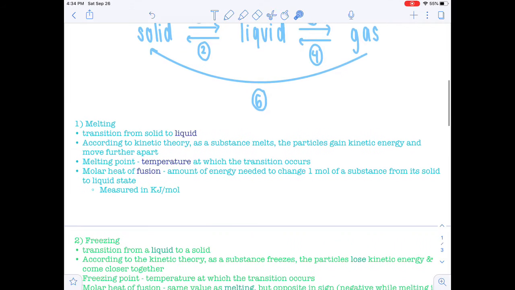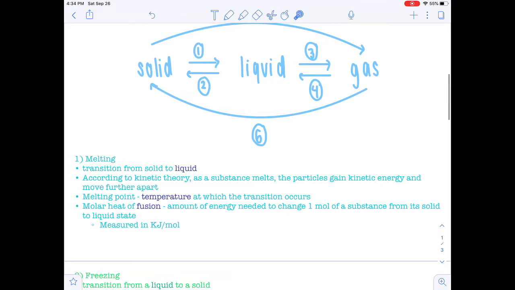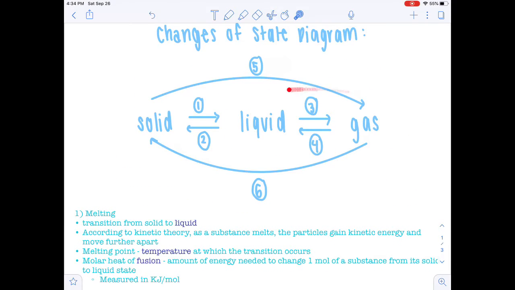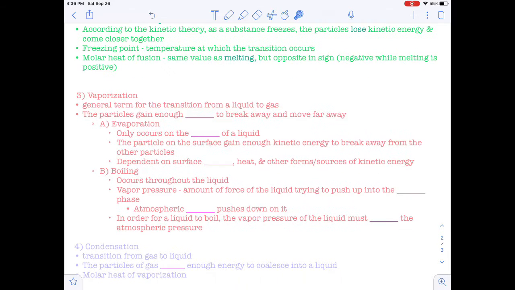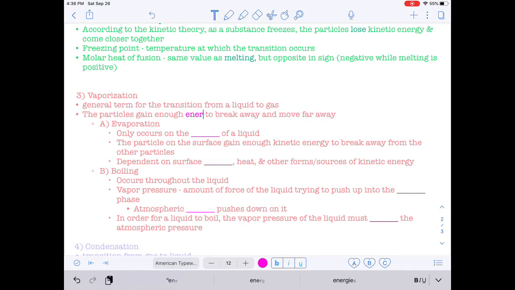So those are the first 2 changes of state we have here, solid to liquid and liquid to solid. Then we have another 2 changes of state that we're going to discuss, which is liquid to gas, and then gas to liquid. So liquid to gas is vaporization, and that's just a general term for the transition from liquid to a gas. And the particles gain enough energy in order to break and move far away, therefore going from a liquid to a gas, right? So there are 2 types of vaporization that we're going to talk about, and the first one